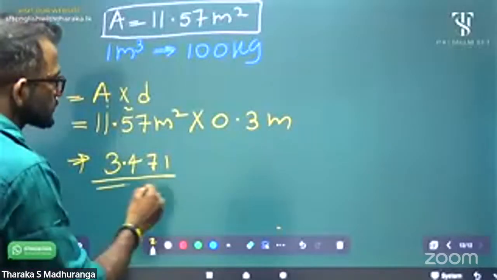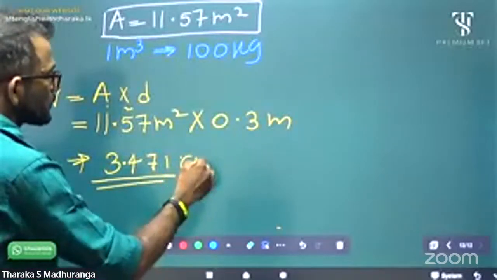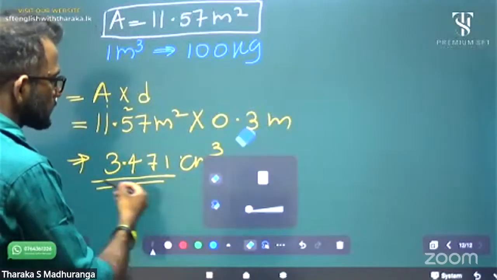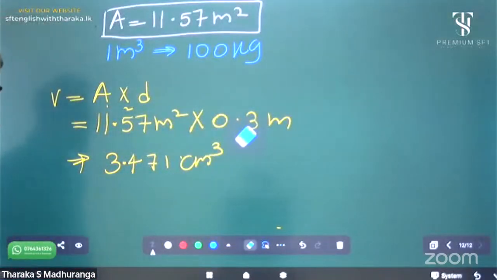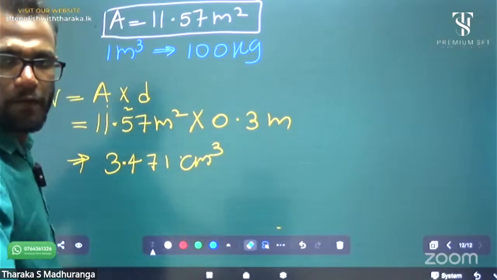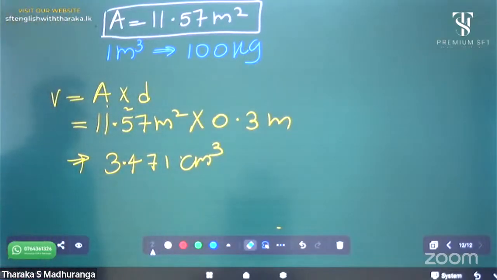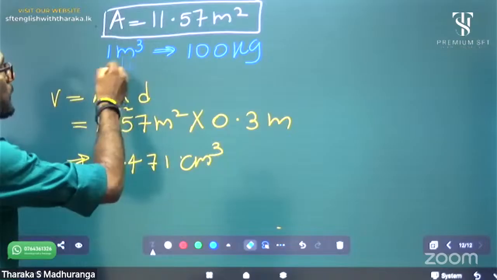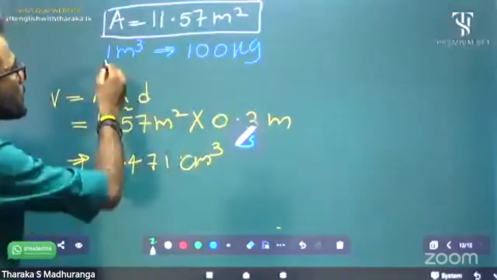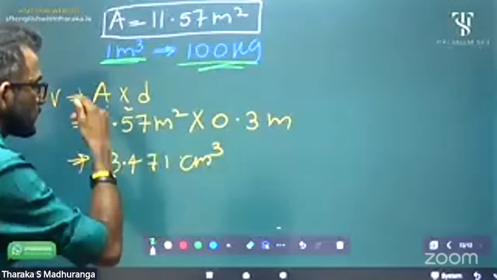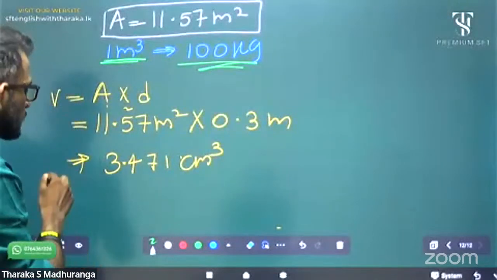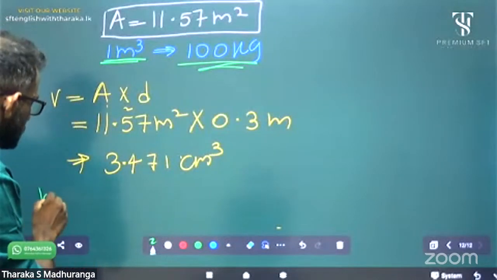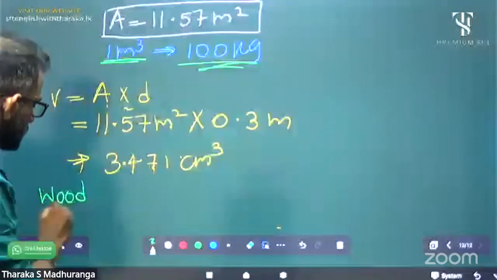3.471 cubic centimeter. Now, per 1 cubic centimeter, how much mass of wood is required? 100. Then the mass of wood required would be